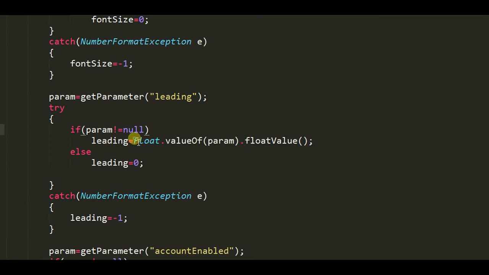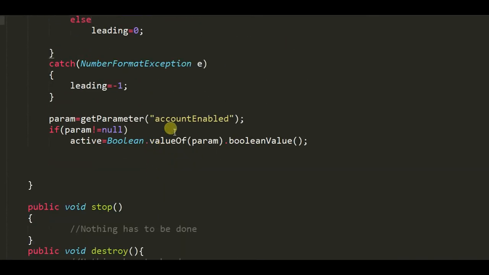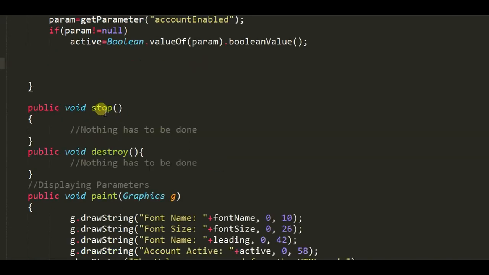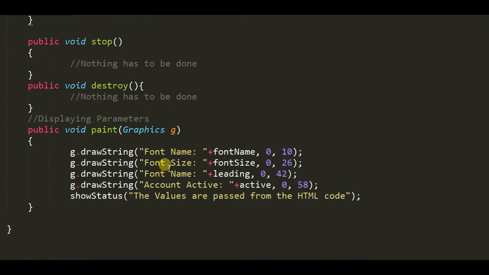Float is the wrapper class for float variables, and the value we get from param will be converted here into a float. And this is boolean, so similarly Boolean.valueOf. We have nothing in the stop and destroy methods because it is a simple applet, so we have nothing to do with them.